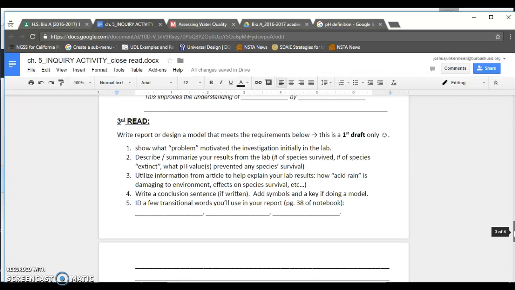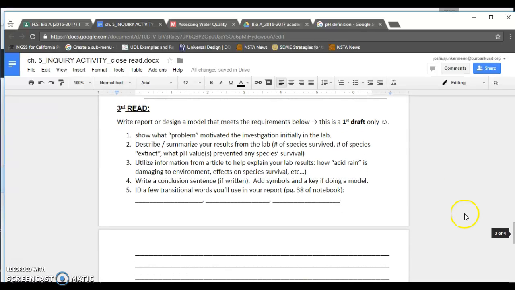All right, in the end, based on your readings and your lab research, I just want you to share a report, basically, and it's a first draft, right? Look at this, it says first draft only, so don't put an intense amount of pressure on yourself to make it perfect. I just want you to report on your results and your better enhanced understanding of what caused the organisms to be harmed or the populations to change. What is acid rain? What is pH? Based on your reading and your research from the data table, hit each one of these points in your report, and you can talk about 1 by itself, 2 by itself. It doesn't have to be